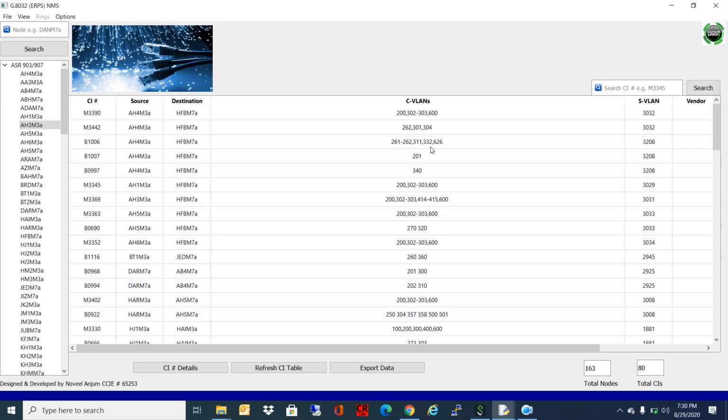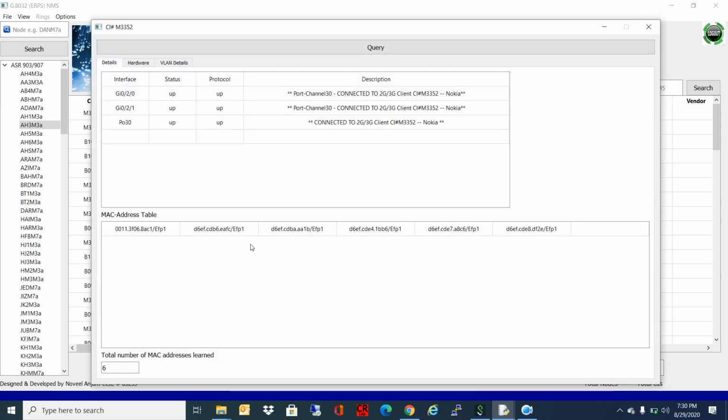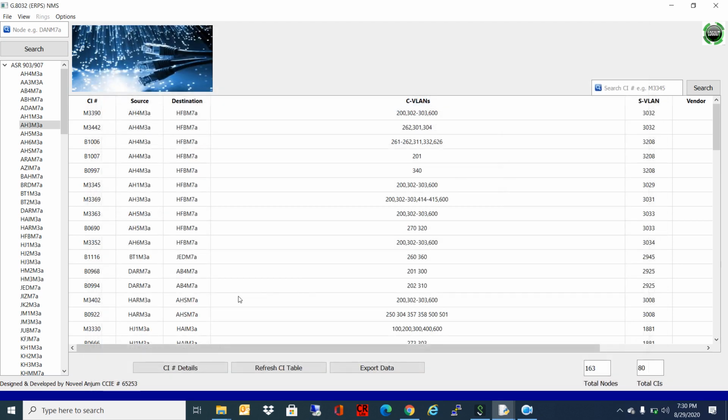Now at this moment there is no link between this system and the ASR devices. So all the information is stored in the memory, and it is going to be displayed over here. Once we need any new information about this CI, we have to just query the data.